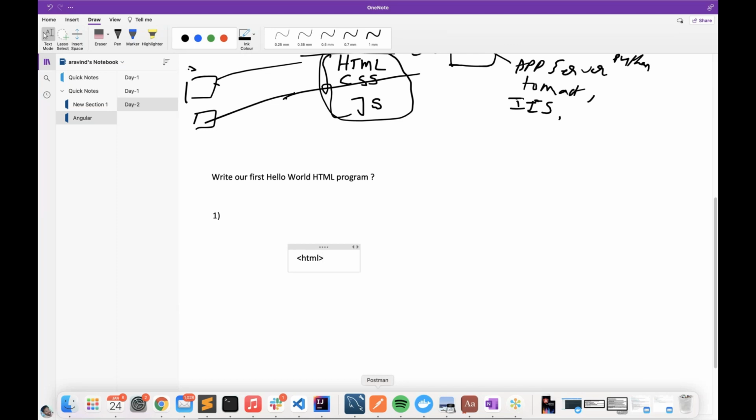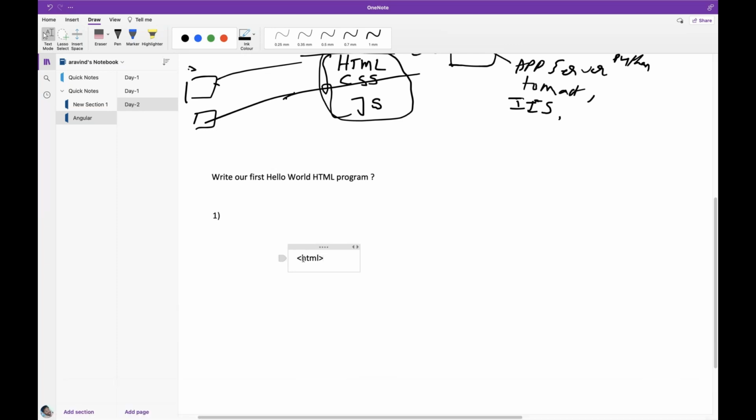So now every HTML starts with a less than symbol and a greater than symbol. I don't know why they have started like this, but if you want to write an HTML program,